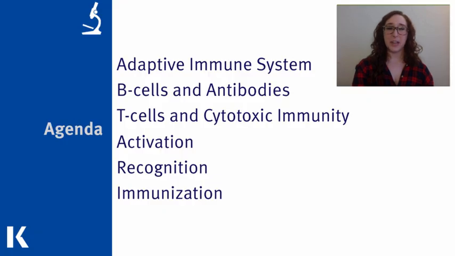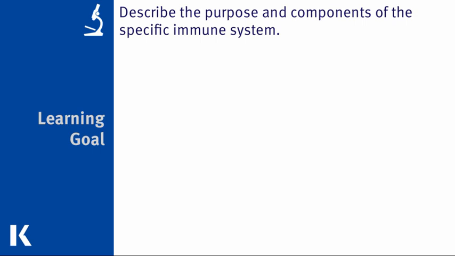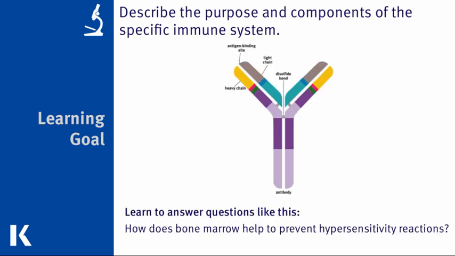This video covers the major landmarks you might be asked about on test day relating to the adaptive immune system, including the adaptive immune system in general, B cells and antibodies, and their counterparts T cells and cytotoxic immunity, as well as activation, recognition, and immunization. By the end of this review, you should have a good idea of the parts of the specific immune system and how they work. If you achieve this goal, you should be able to answer questions like this one about